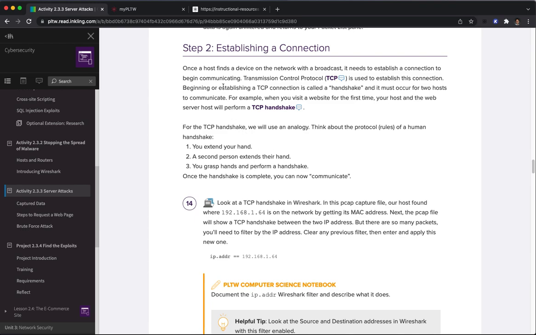All right, in step two, we'll talk about establishing a connection. The most common connection that we'll talk about is a TCP connection. There are other types, but for there to be a connection between a client and a server, there usually has to be this thing called a TCP handshake, and it's called that because it's sort of like this process